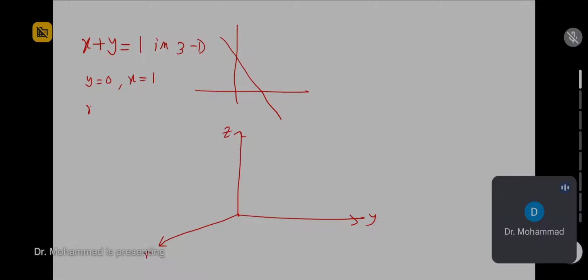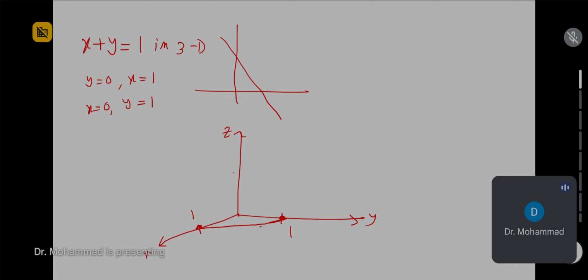And if we say x is 0, then y is 1. So we travel along the x-axis 1 unit, and travel along the y-axis, for example, also 1 unit. So this is the point, this is the point. So we can add these 2 points. So this is basically a straight line, but now we are looking at this straight line